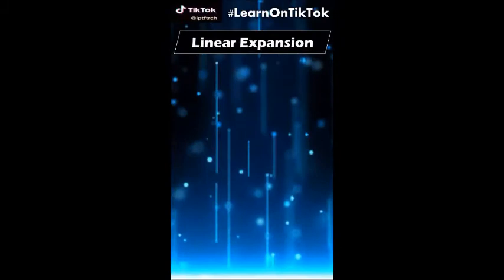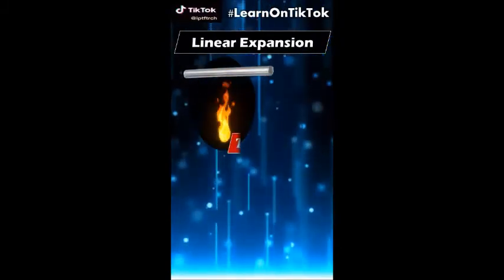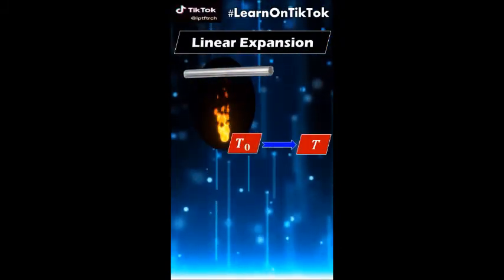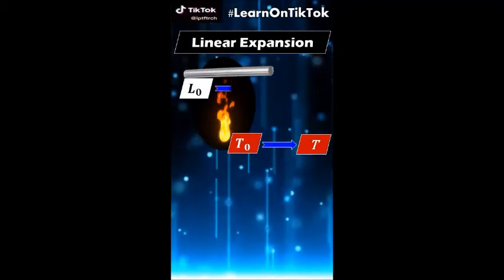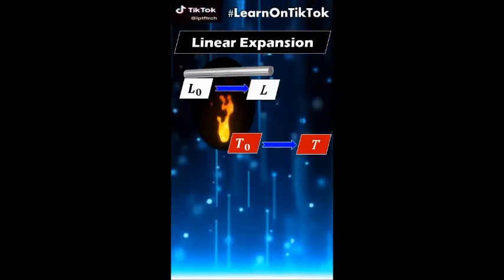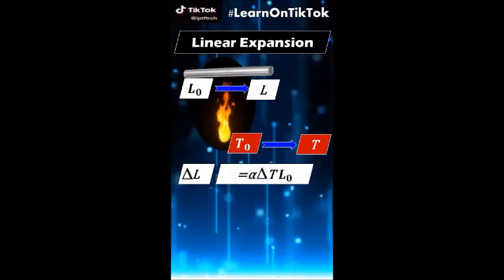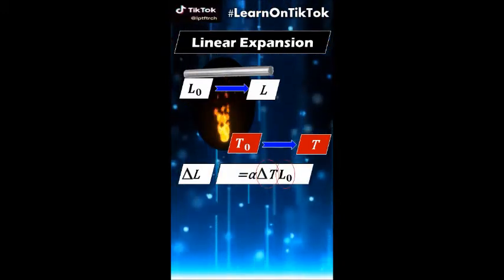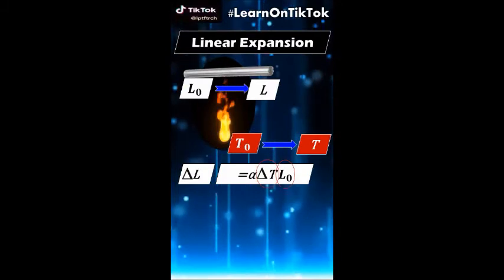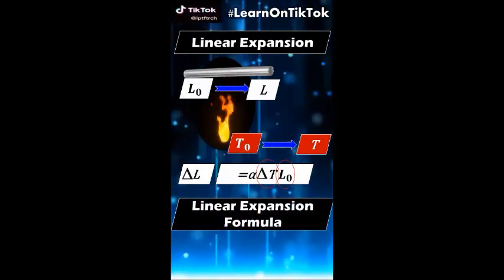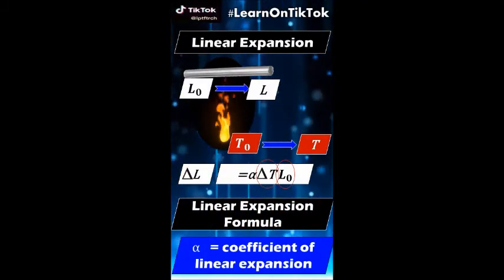For linear expansion, a thin metal rod is heated from an initial temperature to a new uniform temperature. Its length increases from the original length to a new acquired length. The change of its length is denoted as delta L. This change is proportional to the change in temperature, as well as the initial length of the rod. This concept is represented by this formula of linear expansion, where alpha is the coefficient of linear expansion for a